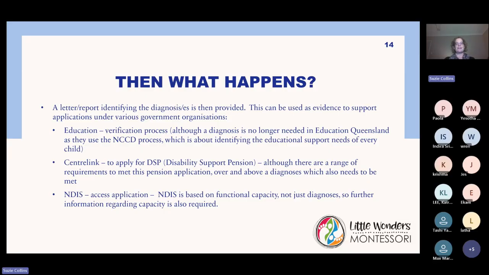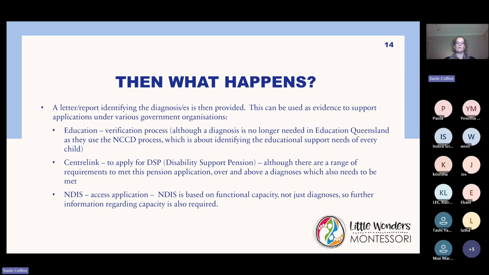Most people who are doing assessments will be familiar with these services or these government departments, and hopefully are skilled in making sure they address all of the criteria for each of those as part of the assessment. That's the other advantage of a psychologist, is that they will expand the assessment report into some of those other areas that are required. Whereas often a paediatrician or a psychiatrist will make the diagnosis for medication purposes, but not necessarily for the other government departments. So it can be really helpful. That brings us to the end of the medical model and that process.